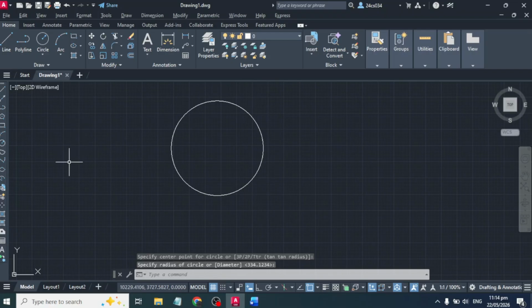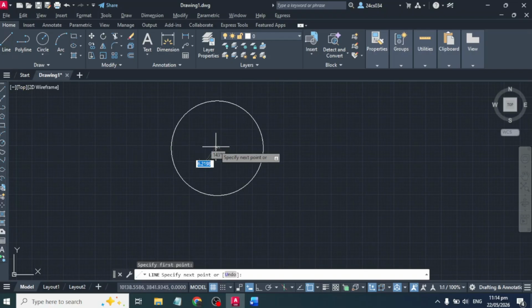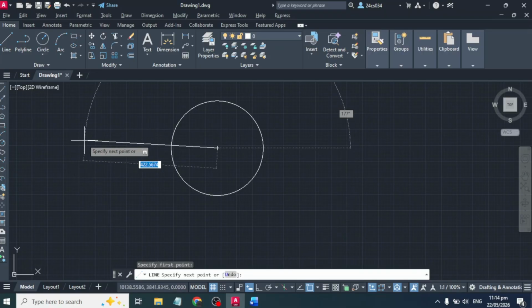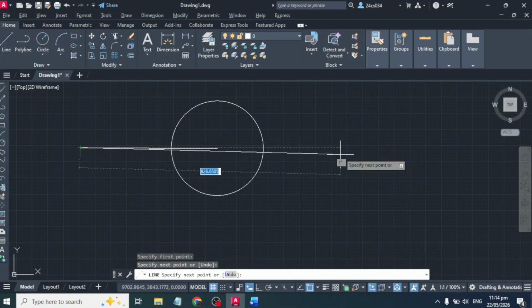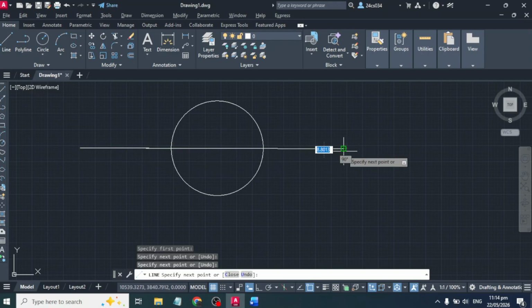and set it as per your requirement. After that, draw a line through the circle to divide it into two equal halves and make sure it passes through the center. Then, delete the unwanted half of the circle, leaving you with a clean semicircle ready for the